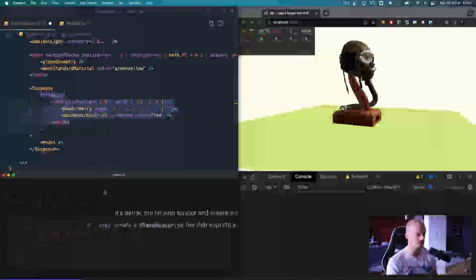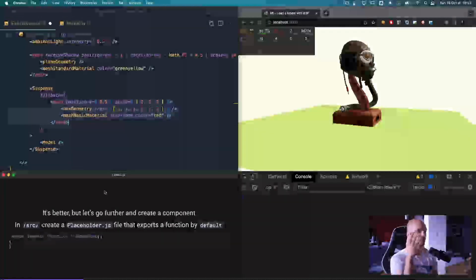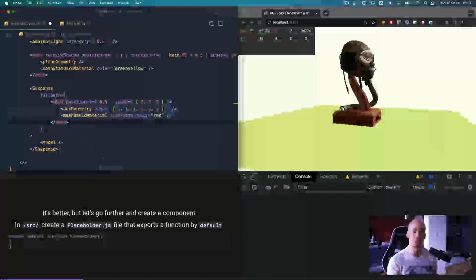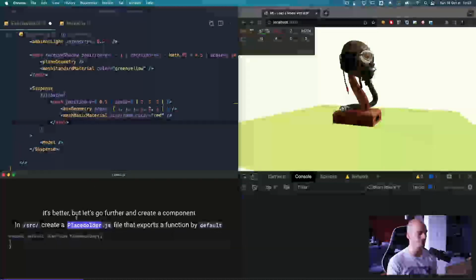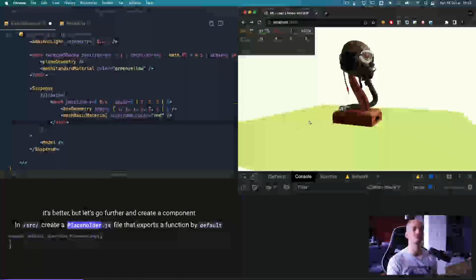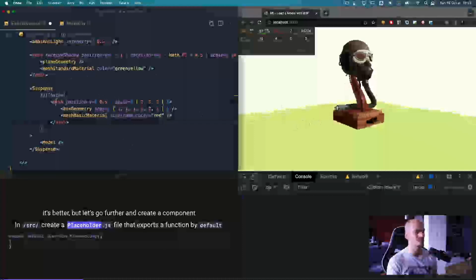So I actually like this one, but we are going to go even further by creating a placeholder component just to practice a bit more. Try to do that. If you feel like doing it, pause the video and try to create a new component that you name placeholder, and to move this inside the placeholder. And if you feel up to the task, you can also add props to that placeholder so that we can use that placeholder for other fallback, where